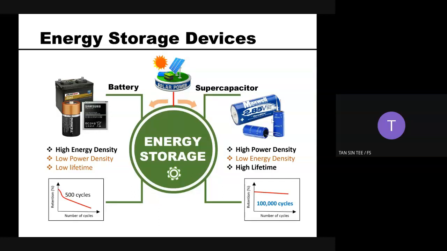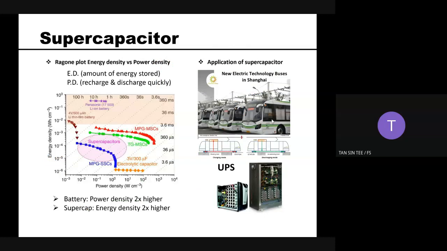For storing the energy, there are two common applications people normally work on. One is a battery, another one is a supercapacitor. Batteries suffer from very low power density, but they do have very good energy density. This led to the discovery of the supercapacitor, because people are trying to get better energy density and also better power density. So our group is now also starting to work on supercapacitors.